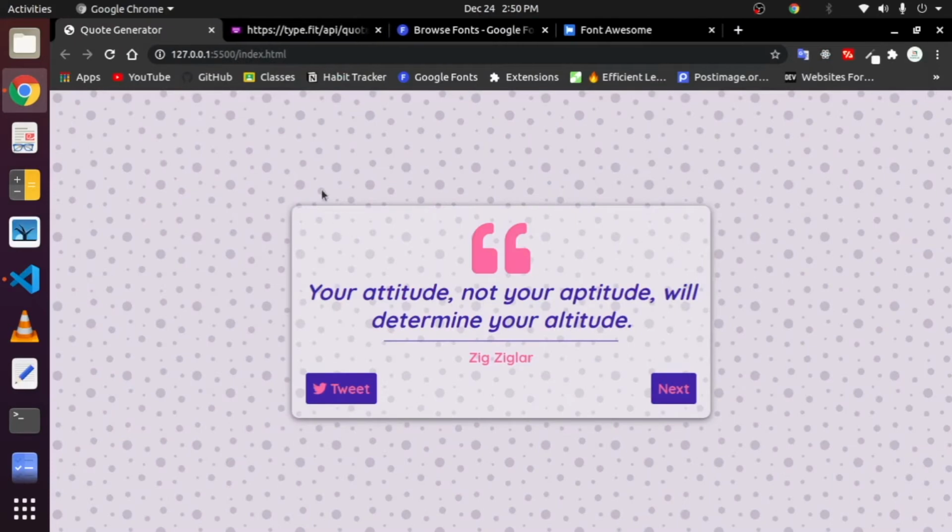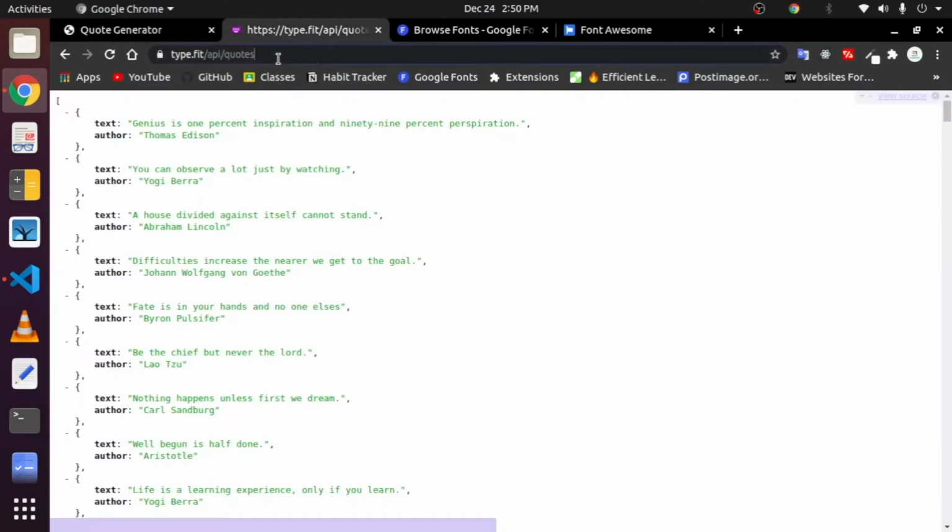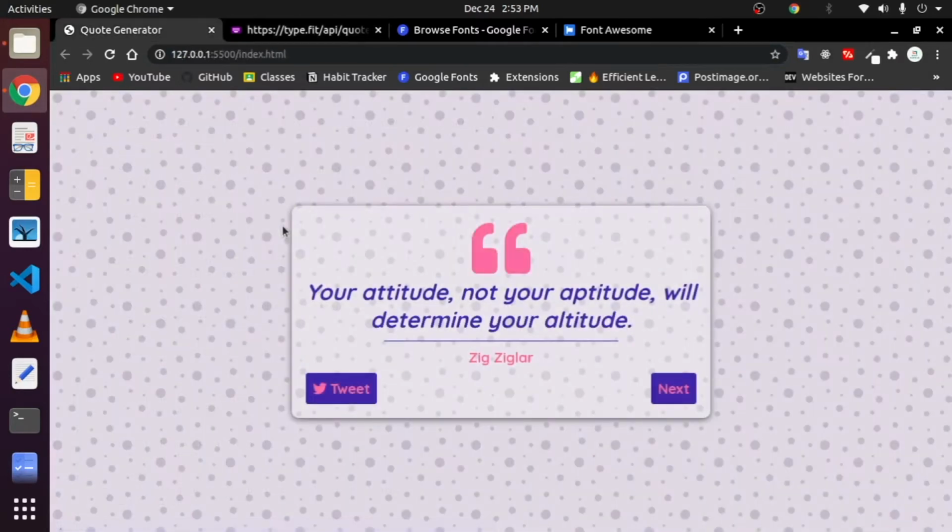So for this random code generator, we are going to use this free API which returns an array of objects, and each object contains a text with an author name. This is a very simple API and easy to use. So first we build a complete UI, then we use JavaScript to add codes dynamically. So without any further ado, now let's create a new folder